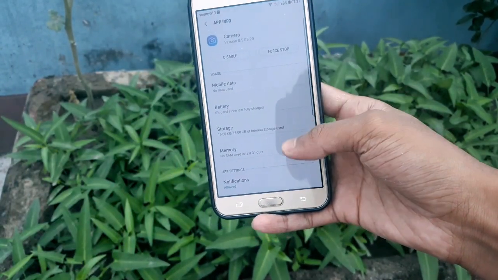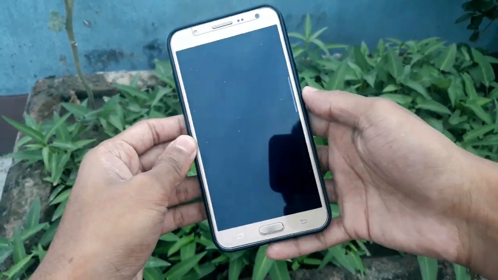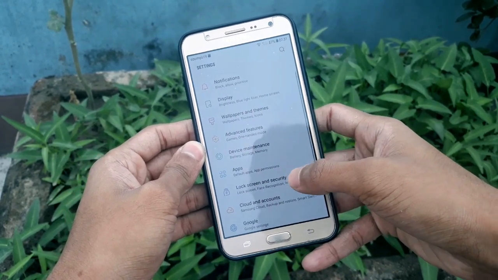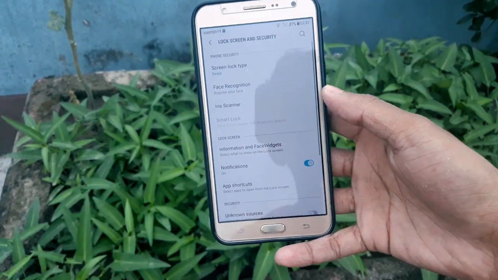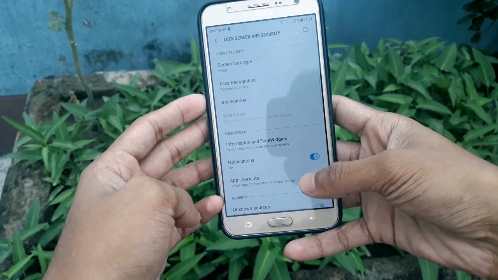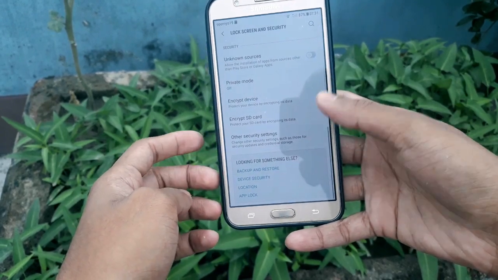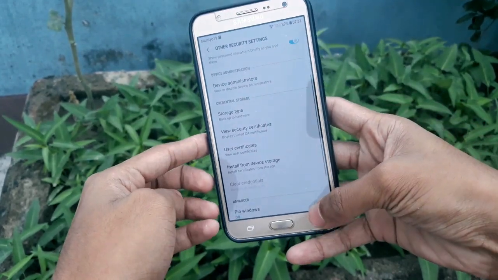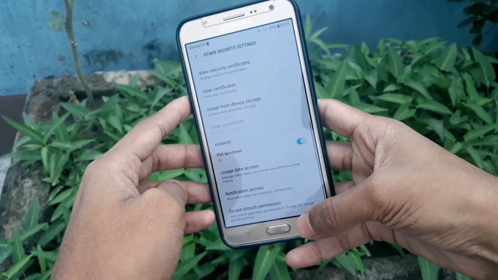and you can just go and do whatever you want in the section. There is nothing over here, so it will just go to your camera section anyway. If you go to the lock screen and security, you will find some quite options. Here you will find face recognition and the iris scanner. Smart lock is not working but will work in future, and the private mode, other security settings. Nothing more here, just the usual security. You can enable pin windows if you want. So go back,